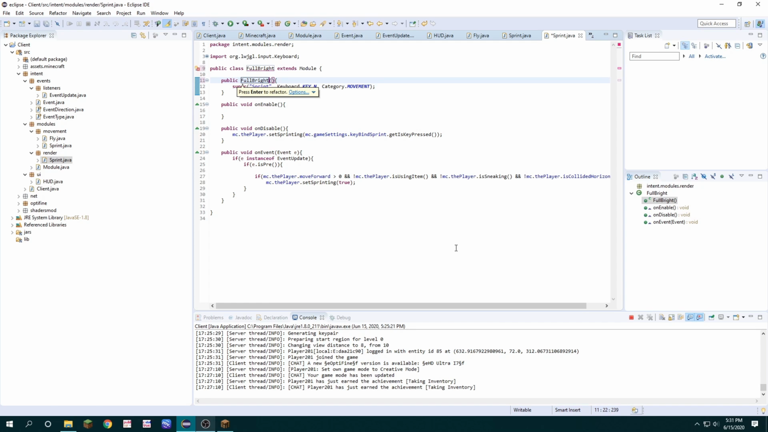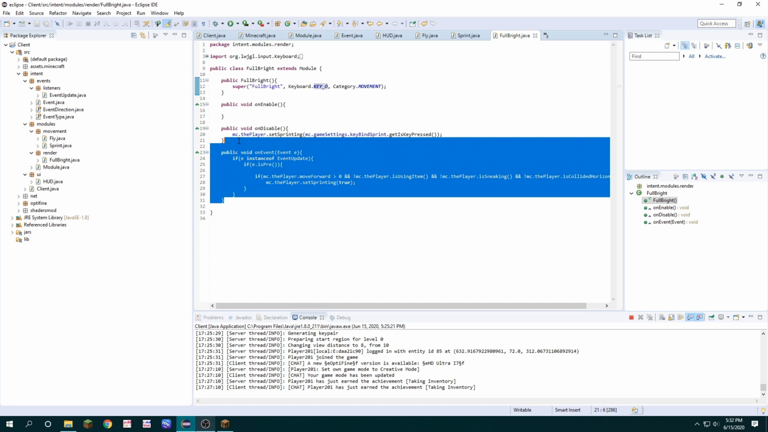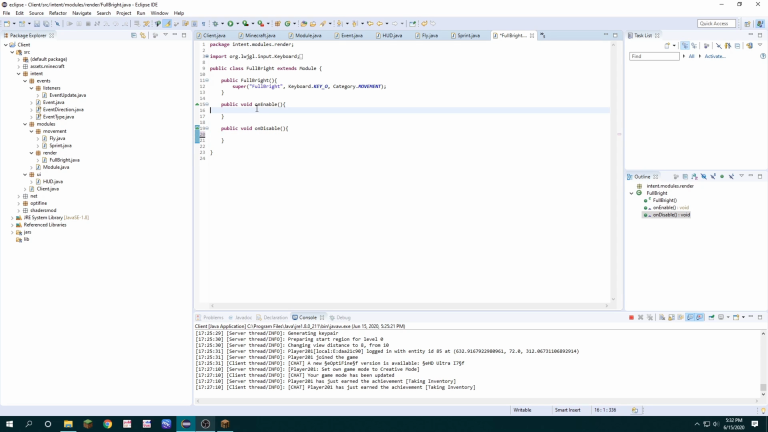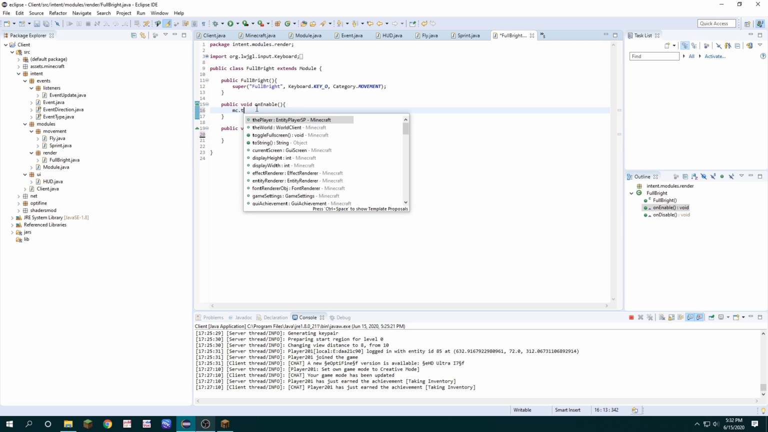I'm going to spell it with the capitalization like that, but you can spell it however you want. And then paste it in there. And then I'm going to change the keybind for it to like O or something I don't really use. So we can get rid of the on event. We can get rid of the sprint statement. And basically what we want to do is put in on enable